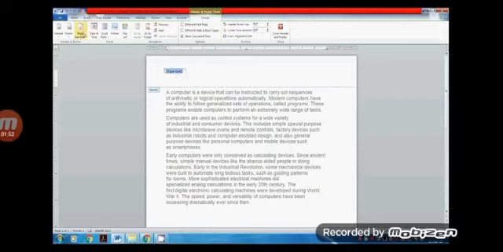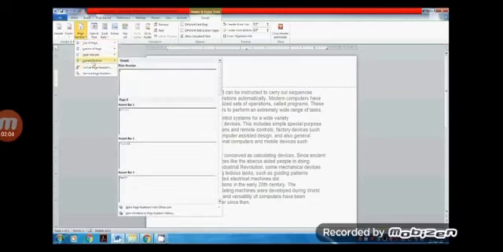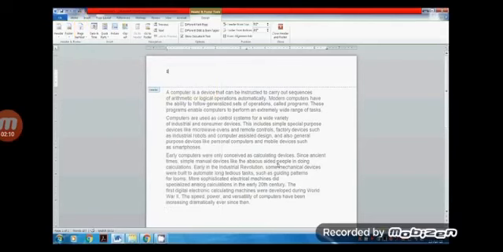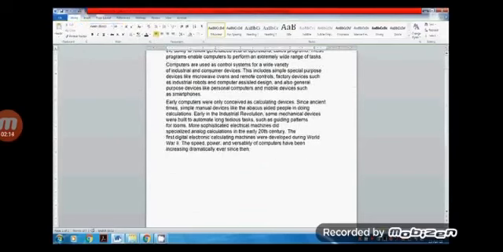Click the Page Number command in the Header and Footer group. Bring the mouse pointer to the Current Position option and select the desired numbering style. The page number will appear in the document. The position of the page number depends on the style chosen.